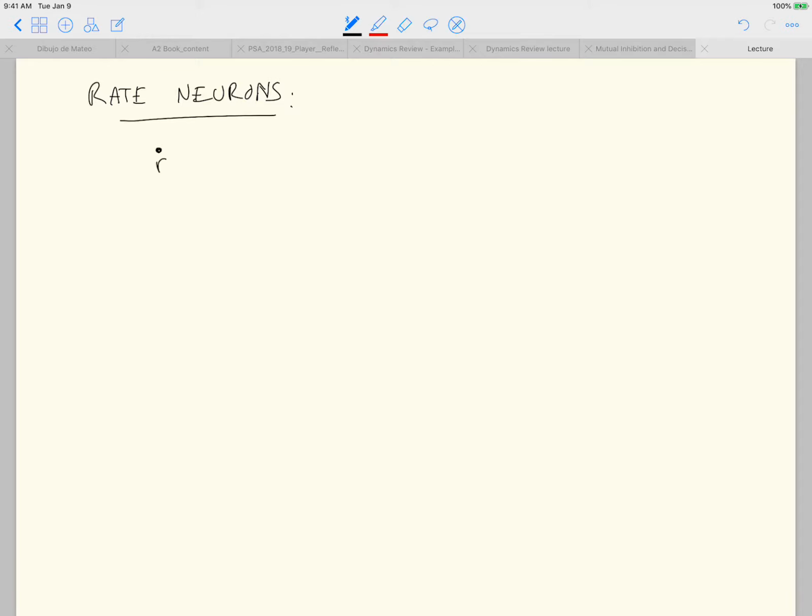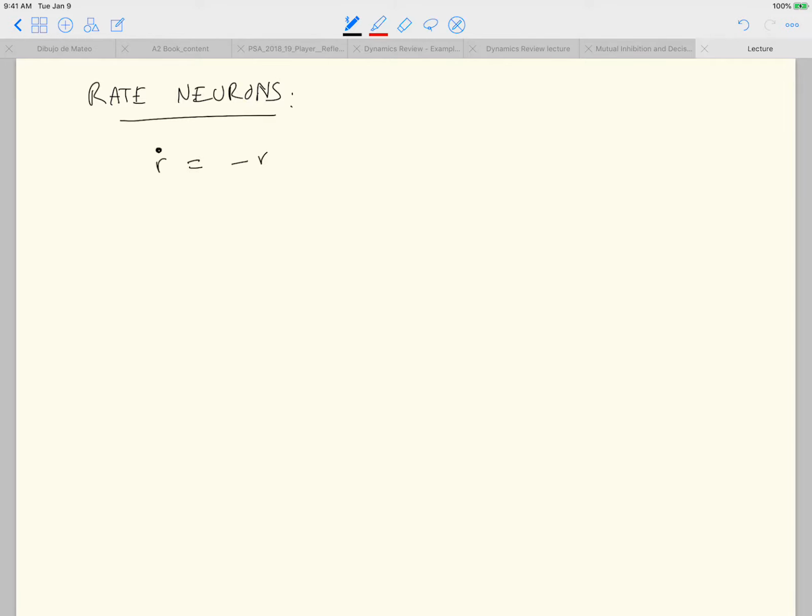Okay, so the kinds of equations that we've looked at a lot are linear equations, but we mentioned that for neurons, we know that we need nonlinearities. Why? Because if we're looking at firing rates of a neuron, we know that firing rates can't go negative. Also, we know that neurons have refractory periods. Their spikes can't come too close together. So there's a maximum firing rate. So we want to put that in there somehow. And so the way that we're going to do it